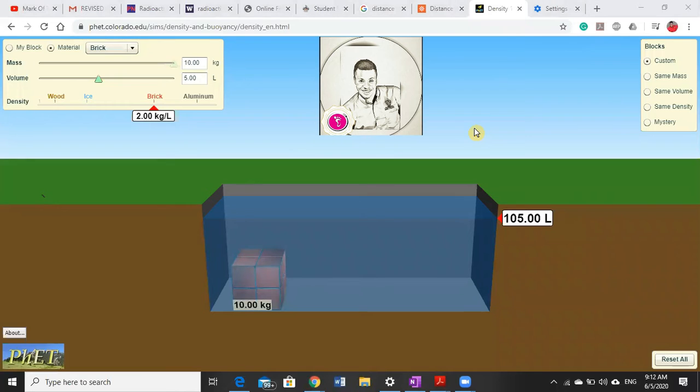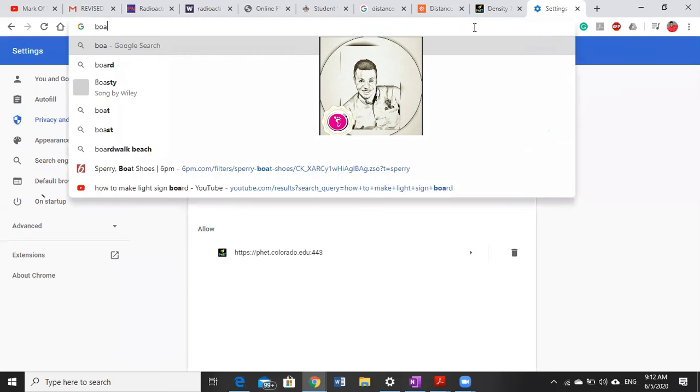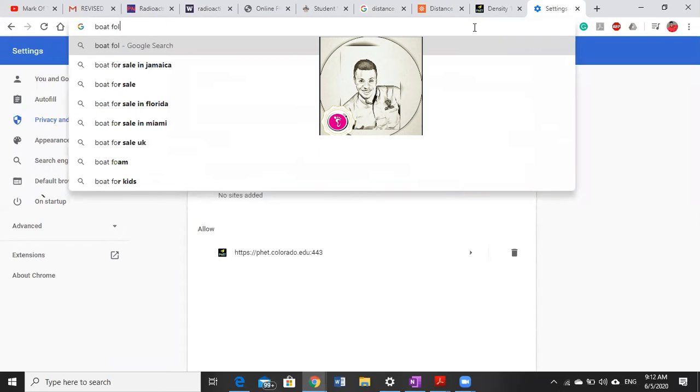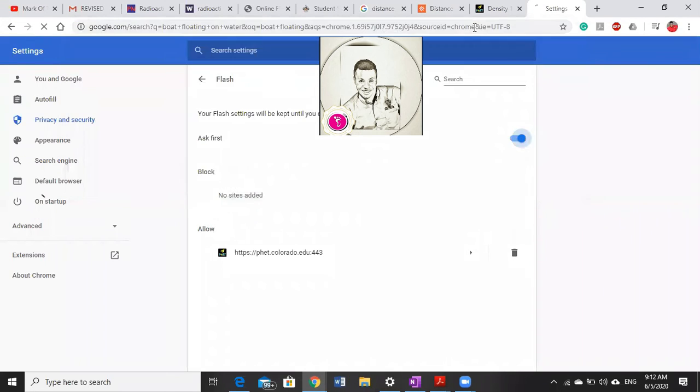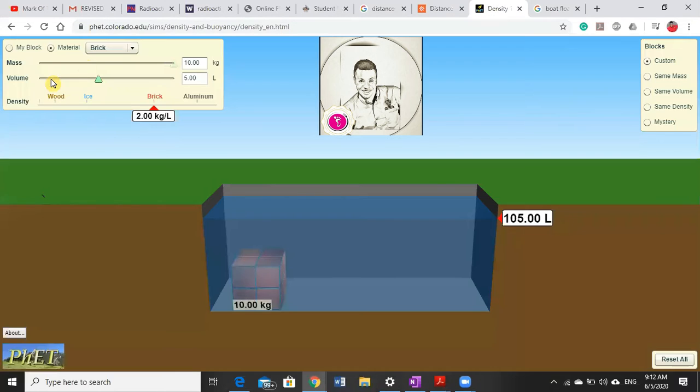All right. So clearly, guys, we see how density operates here, and if the object is much denser, we expect that it's going to sink, right? Now, when you look at a boat, clearly a boat is somewhat confusing because a boat floating on water. Typically, a boat is made up of metal. And let me go back to the simulation here and drop a piece of aluminum inside of the water, right? I place the aluminum inside of the water and I realize that this aluminum does sink, right?